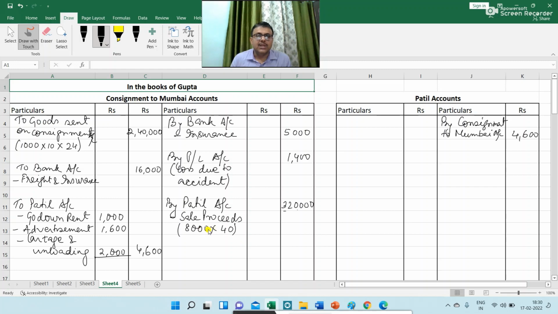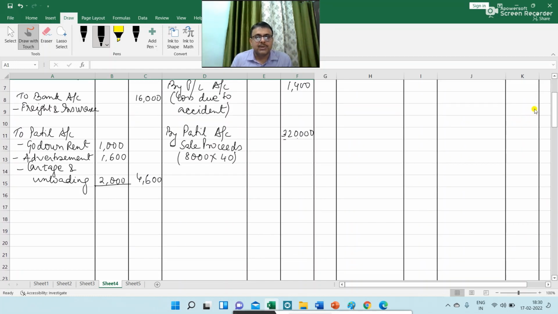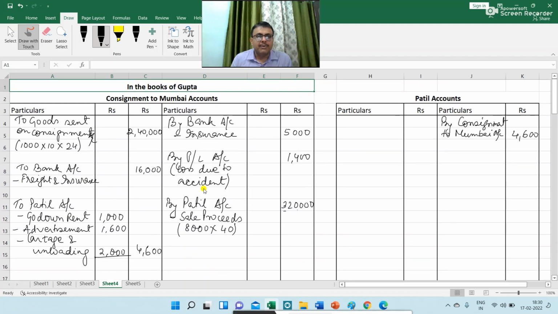Now Mr. Patil charged 6% ordinary commission and 2% del credere commission. So before writing commission, let me write here in Patil account to consignment to Mumbai account 3,20,000,